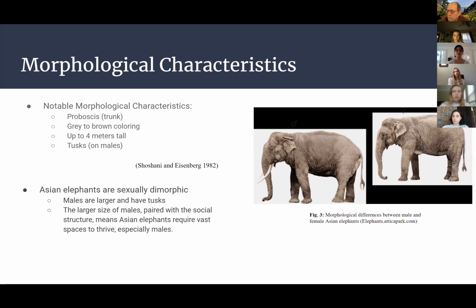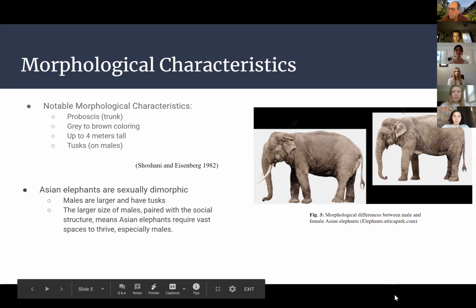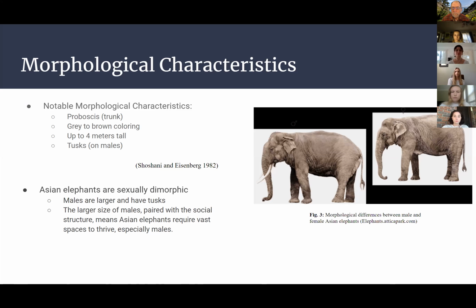Asian elephants are also sexually dimorphic, which essentially means that they have physical characteristics that can be used to differentiate male and females aside from sexual organs. In Asian elephants, the males are typically larger, as you can see in figure 3, and they have tusks. This larger size of the males leads into our next slide, because being such large mammals,